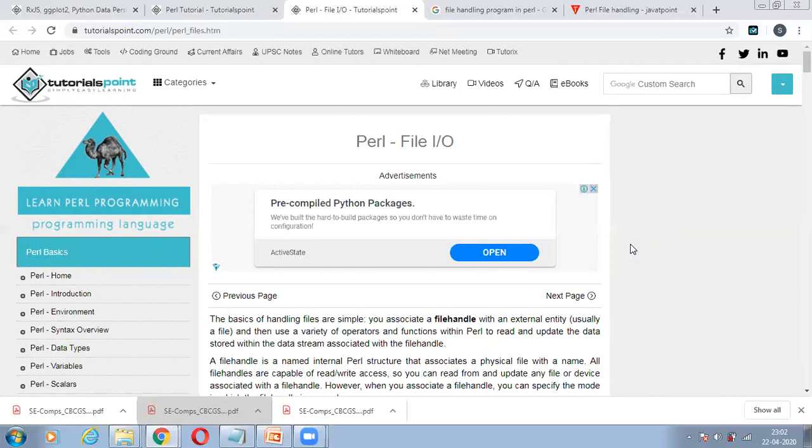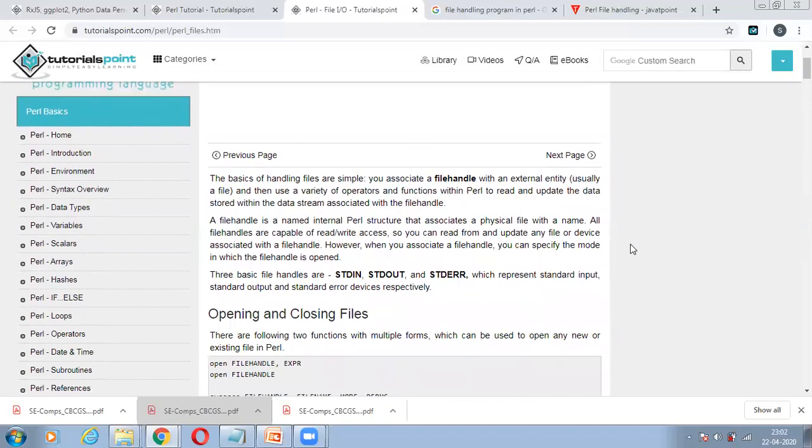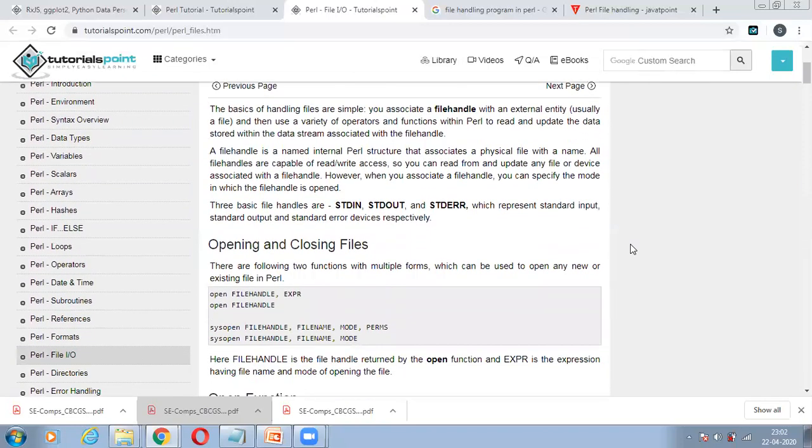How did we used to do this in the early times? We used to do it in the form of a file. A file has different pages, different chapters, units, and in that way we were storing data or some kind of information in it. In Perl programming also, we have the concept of file handling.